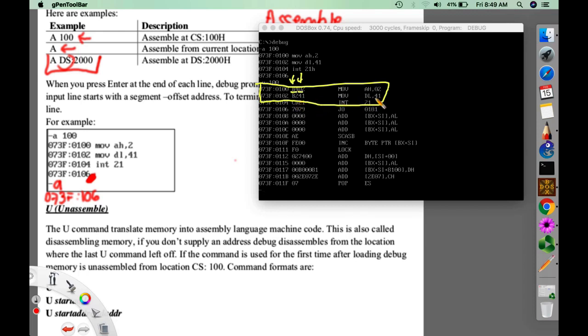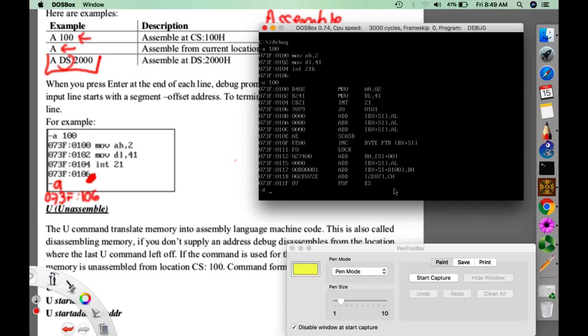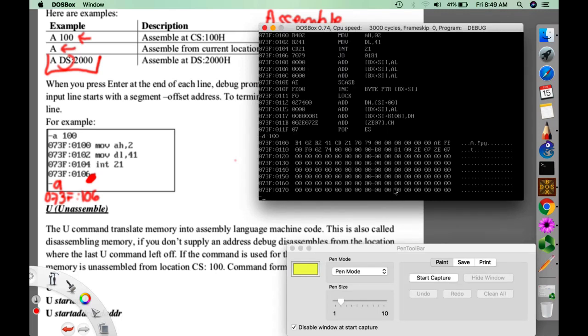Then we have also DL,41, at memory location 102, 103, and then 104 and 105. Now if you will dump that particular content from memory location 100, as you can see, 100, 101, 102, 103, 104, 105.